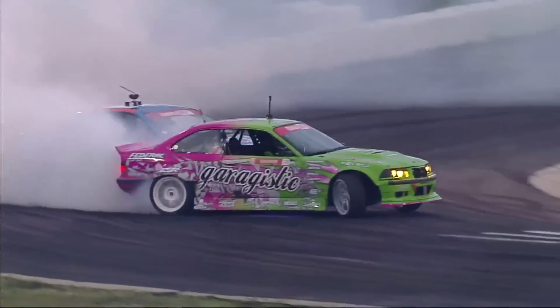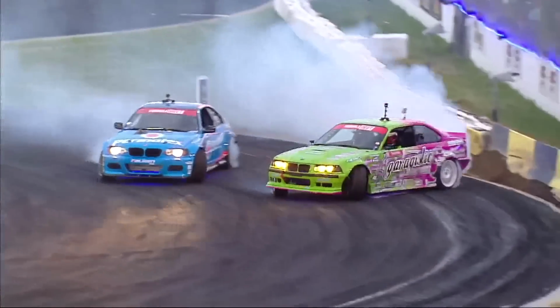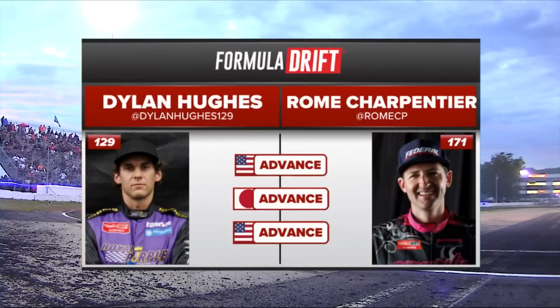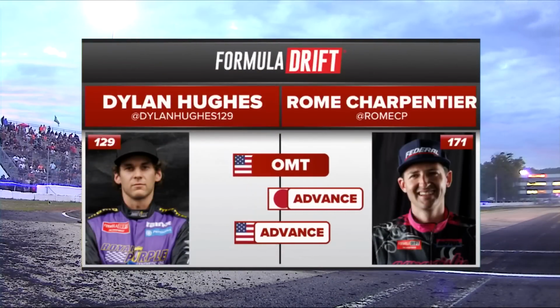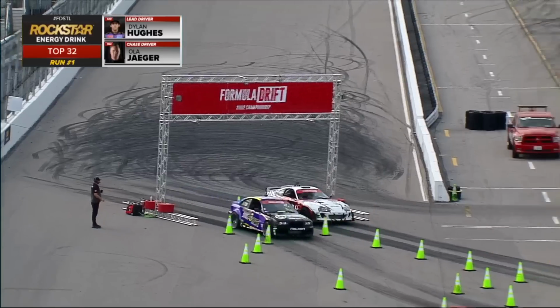Look at the maxed out angle from Rome Charpentier. Let's see the transition into our final outside zone. How do they handle it? Rome goes and digs deep. Slide him left for Dylan and Rome Charpentier. Wow, look at that. Rome gets the...